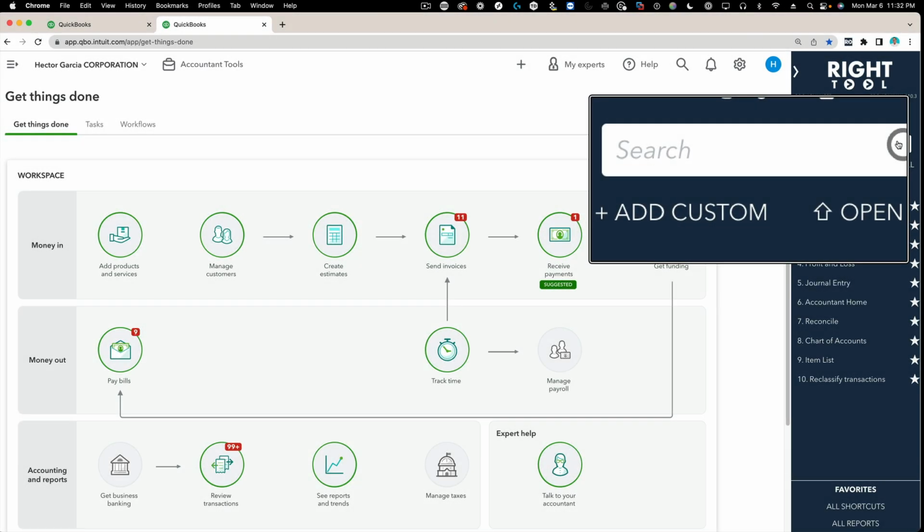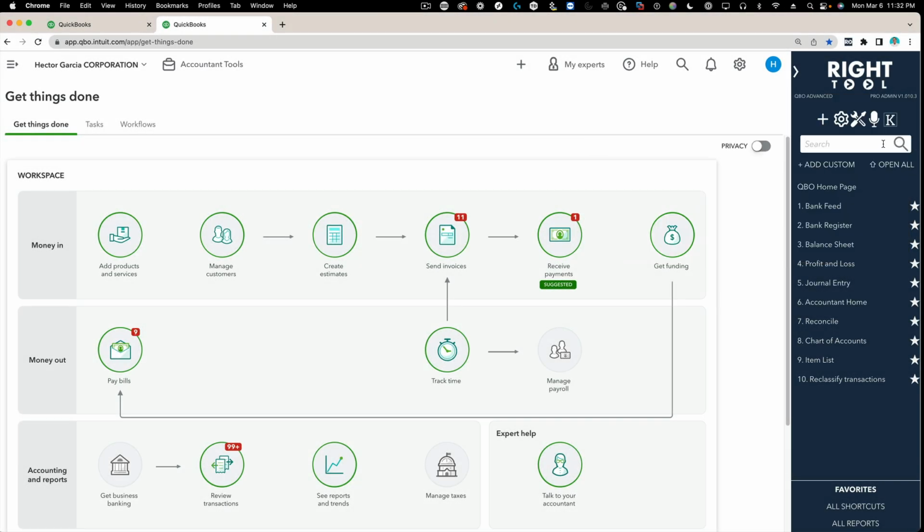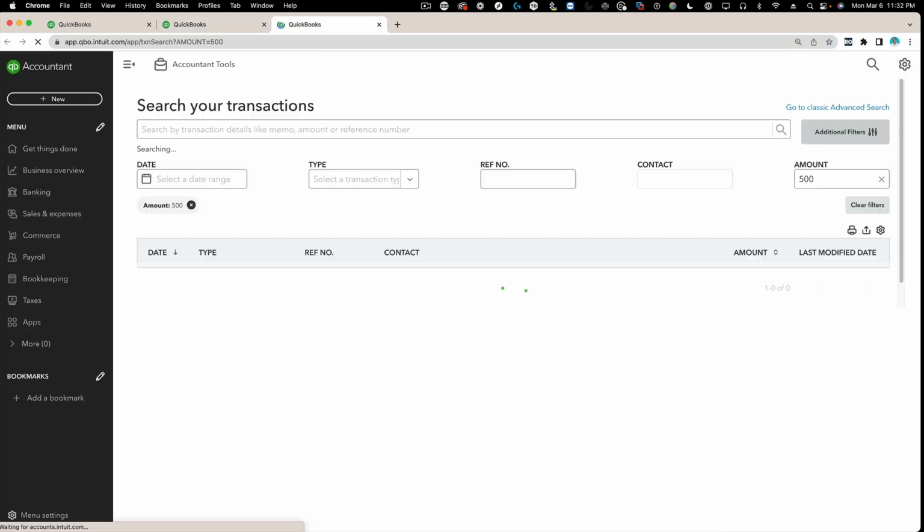The built-in search tool inside RightTool doesn't just search through your shortcuts and your reports. It can also do an amount search, and it does that whenever it recognizes a dollar amount being typed in here. So if I type 500 and then press enter, it will open a new tab, and then it will use